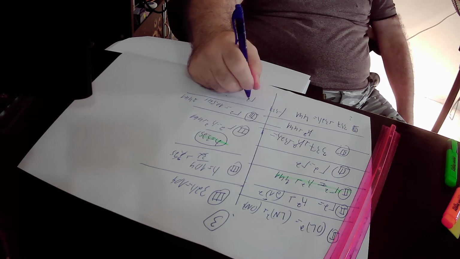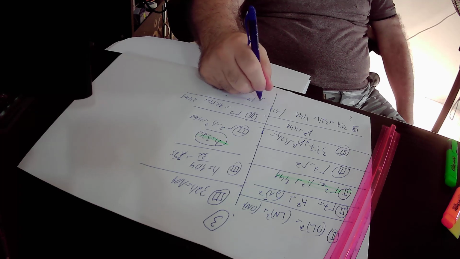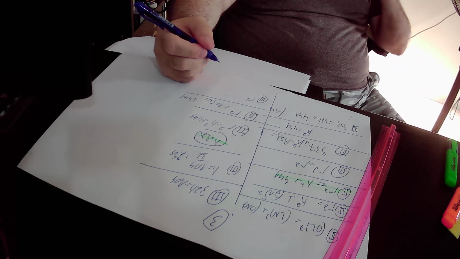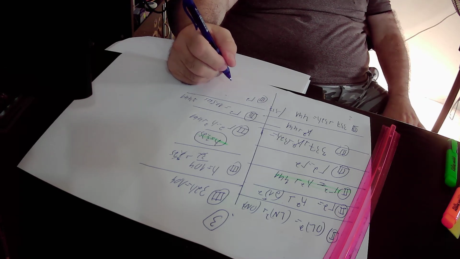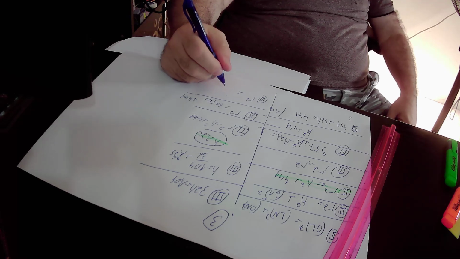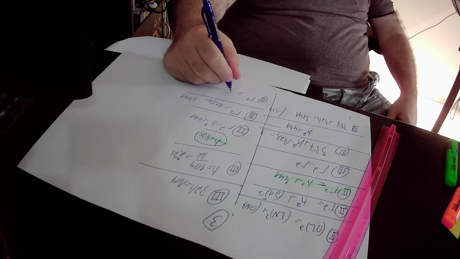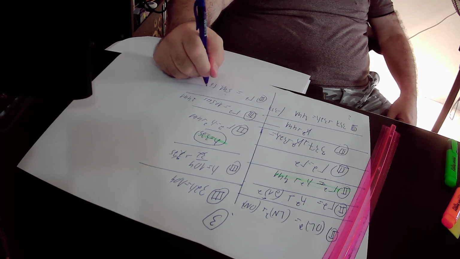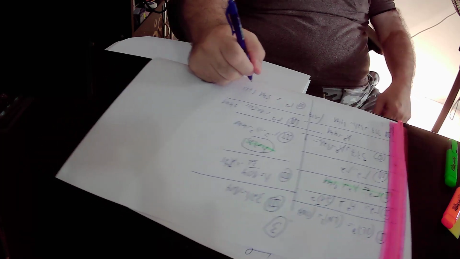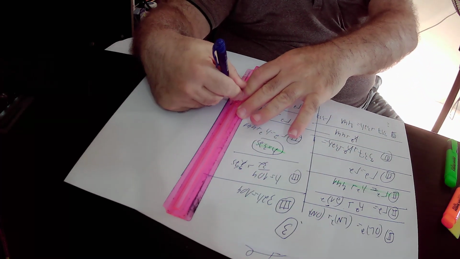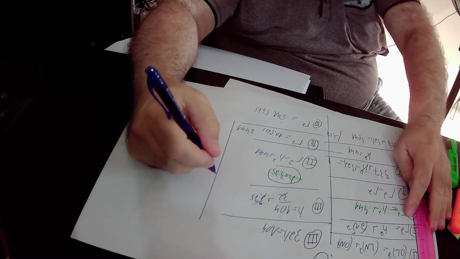So R squared equals 441 plus 10.5625, which equals 541.5625. Here we take out all of this equation number 3, and we get that the radius of the quarter